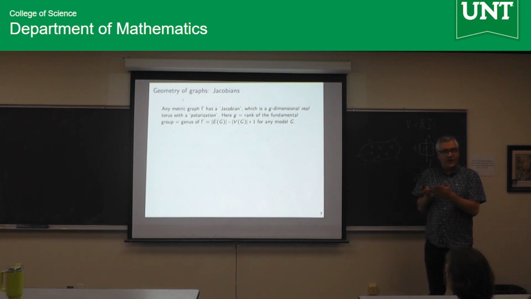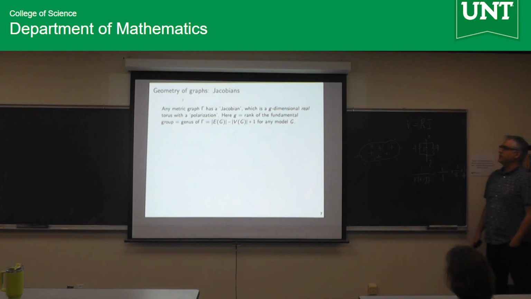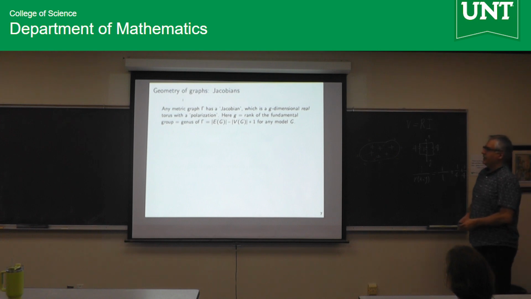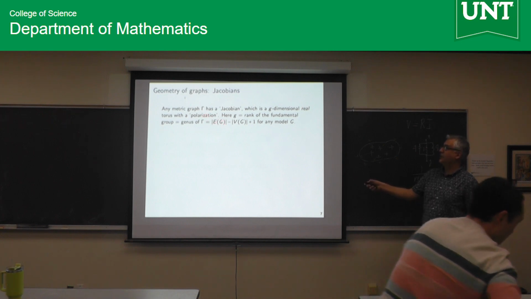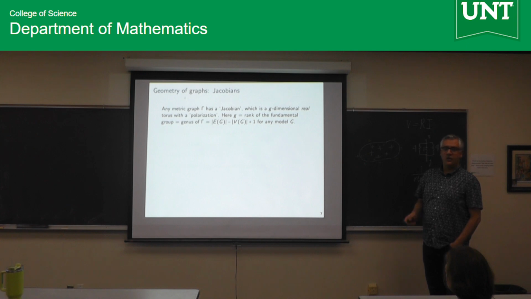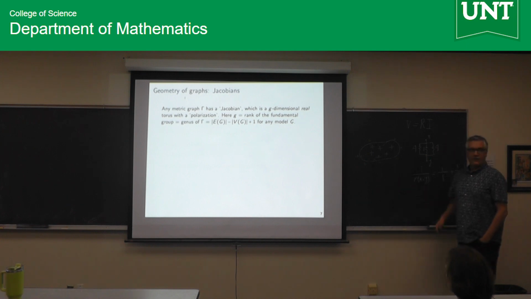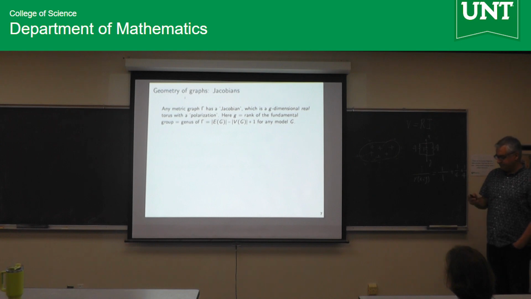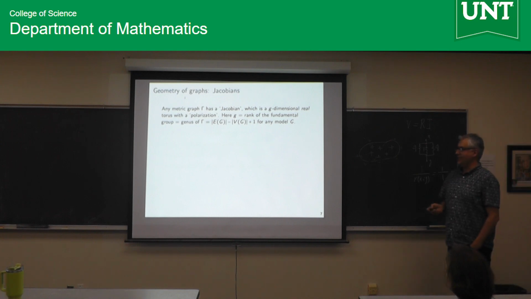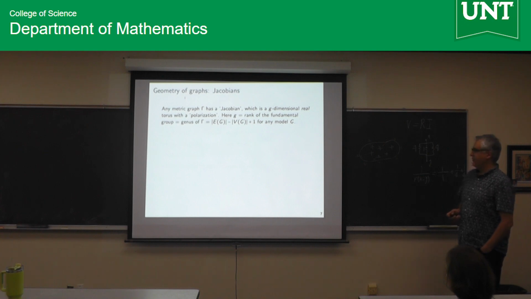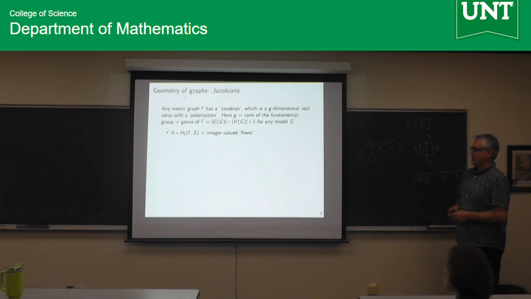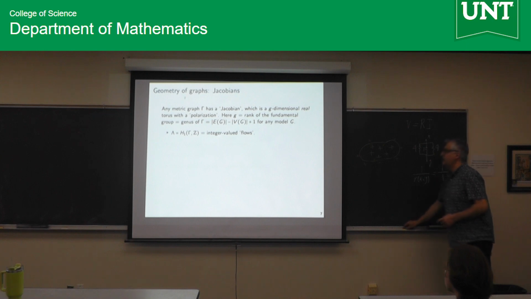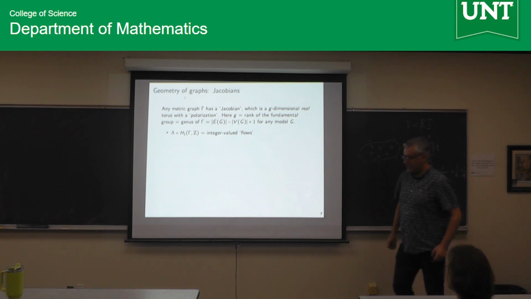So if graphs are like Riemann surfaces, do they have this object that I'm talking about? And the answer is yes. Any graph of genus g, where g is some concrete number, pick a vertex set, and then count your number of edges minus number of vertices plus 1. You can think of it as the rank of the fundamental group. It has a real torus attached to it, which I'm going to describe right now, of dimension g. You start with the first homology of the graph, but concretely this means you look at the integer-valued cycles.